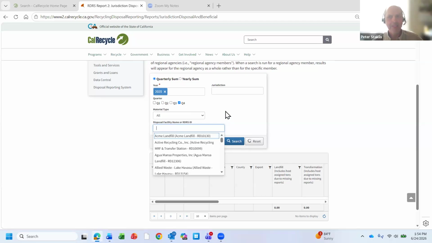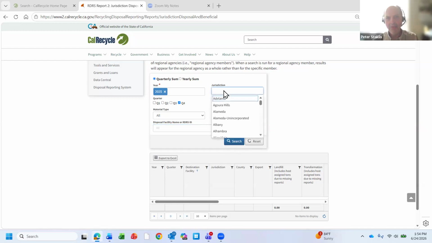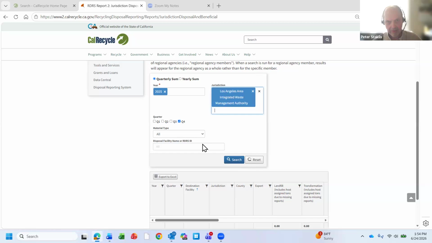So my recommendation would be to leave it blank unless you know you want to look at a specific facility that you know got tons from your jurisdiction. And then for jurisdiction, it'll show the whole list of jurisdictions for 2025. If you left it blank, you could see all of them, but I'll pick the same layer again that I picked before just to make it easier and focus on one jurisdiction. And so if you hit the search button,